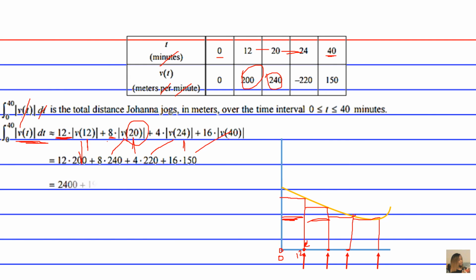We simply replace the notation with actual numerical values, and then we multiply and add. So we get 2400 plus 1920 plus 880 plus another 2400. This is going